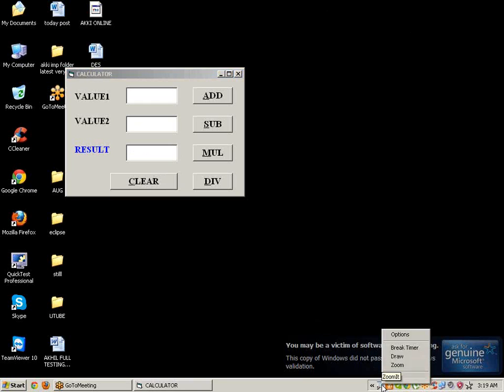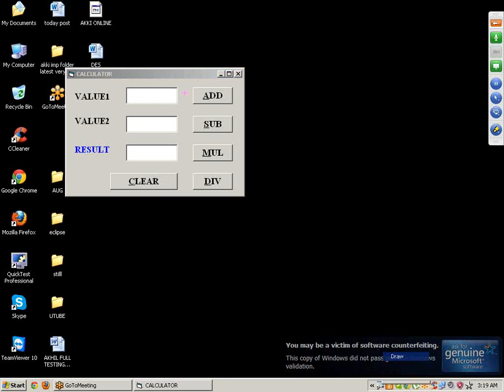Next day, this application is already totally tested. Next day, developers added new functionality, that is the OK functionality. Add functionality, sub functionality, mul functionality, div functionality, and clear functionality are already tested functionalities. But newly, developers added one button, that is the OK button. Now, can I test only the OK functionality, or can we perform